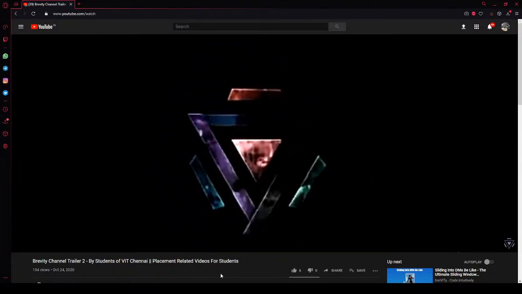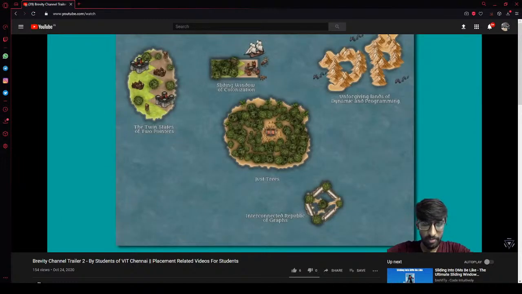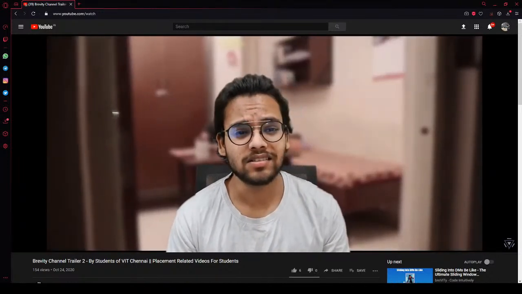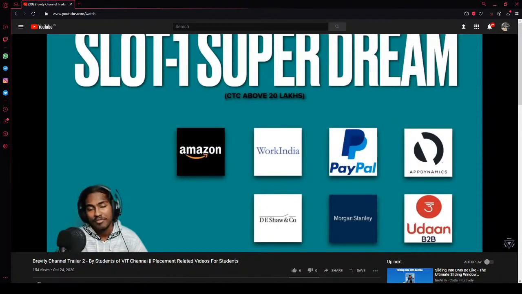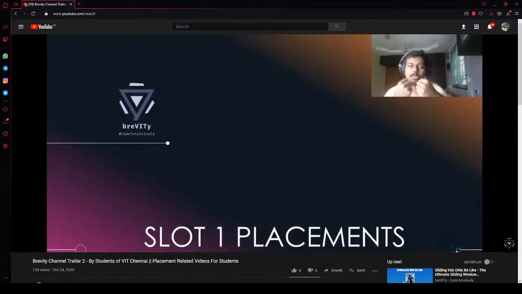When you have enough practice, where do I practice from? The internet is vast. Brevity is a revolution in coding. We will set sails for 2-pointer algorithms, and then sliding window algorithms, and trees and graphs, and then finally DP. In the month of July, the game begins. I thought it's just DSA, it's just stats and trees, and what could go wrong, right? Here are the companies which came during July for the slot 1 placements. As you know, the companies which were coming to recruit us were asking very high level questions.